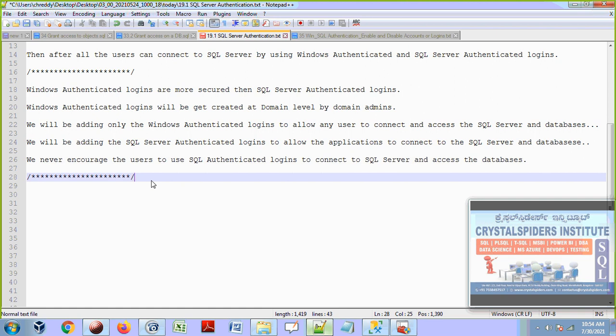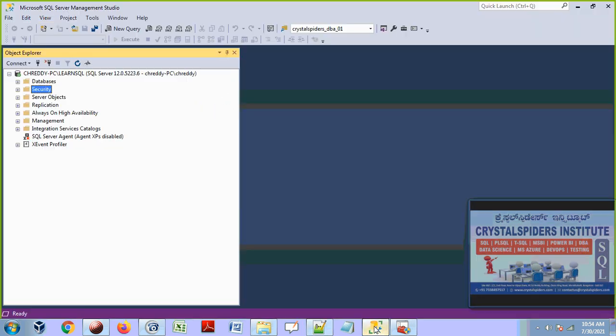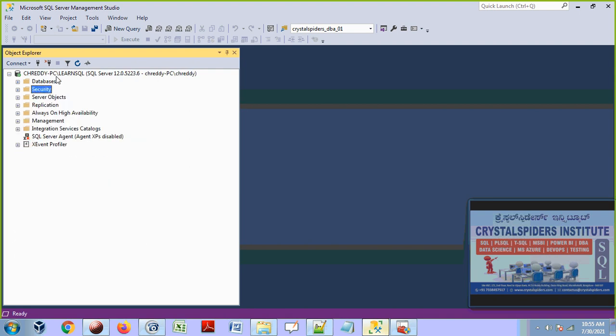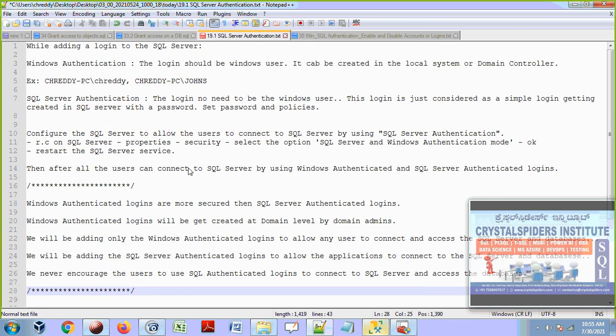That is fine. But if any person, let's say a developer, wants to connect to SQL Server and its databases, we are going to ask them for their Windows authenticated ID, like their employee ID, and we will grant access to their employee ID. Just like this, Sujit. So we are going to add their employee IDs here with the domain name slash employee ID, and then they can connect to this SQL Server with their employee ID only. That is more secure. So this is what we have, SQL authenticated logins and Windows authenticated logins.